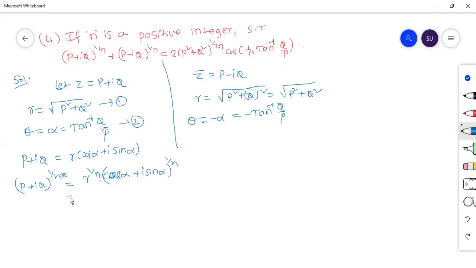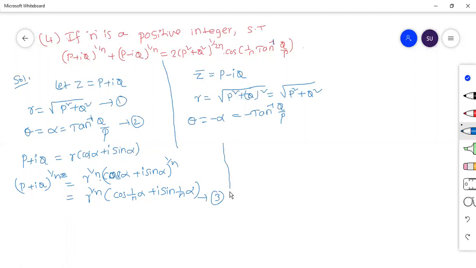Correct? Just keep it as r power 1 by n only. By De Moivre's theorem, can I write it as cos (1 by n) alpha plus i sin (1 by n) alpha? Let it be equation number